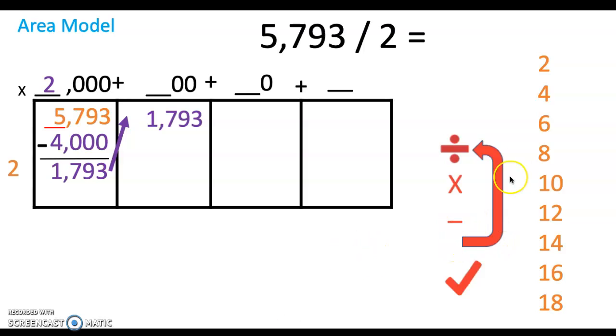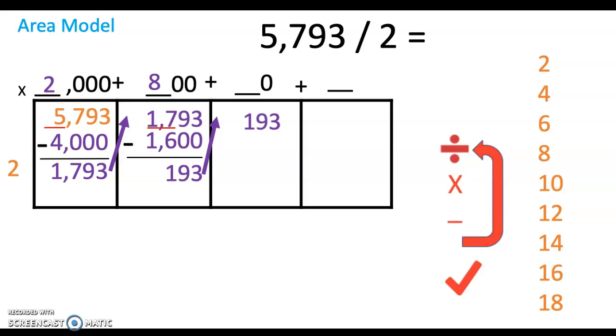So we just subtracted, so now we're ready to repeat back to division. We are now in the hundreds place, but we do have some thousands left over that we still need to use. So now we have 17 babies and 2 people. If we skip count, everyone would get 8 babies, because the closest we can get is 16. Then let's multiply. 8 times 2 is 16, plus 2 zeros gives us 1,600. Then when we subtract, we'd be left over with 193, which we'll take on into our next place value,